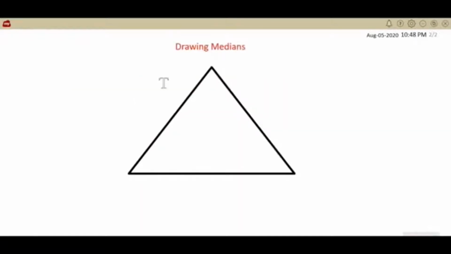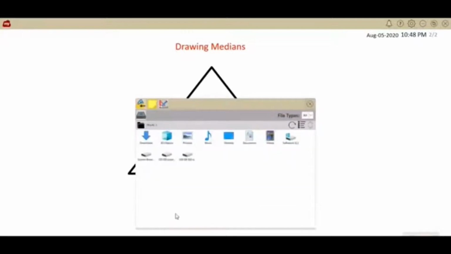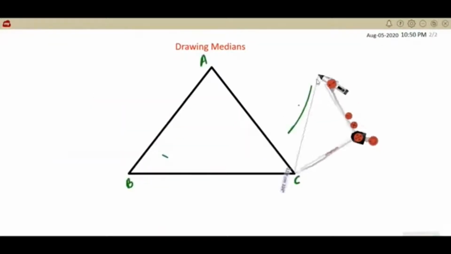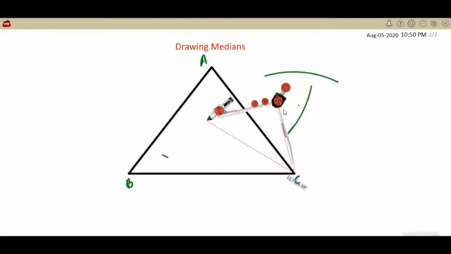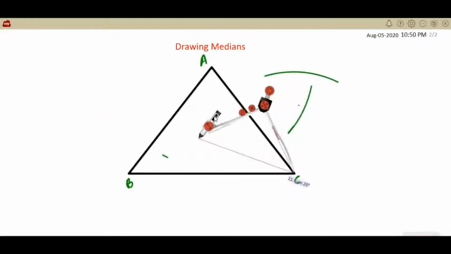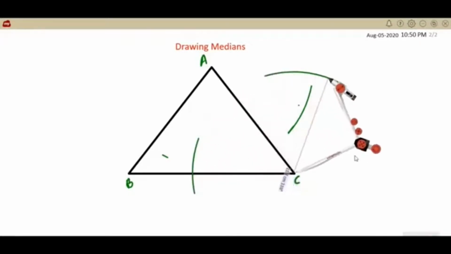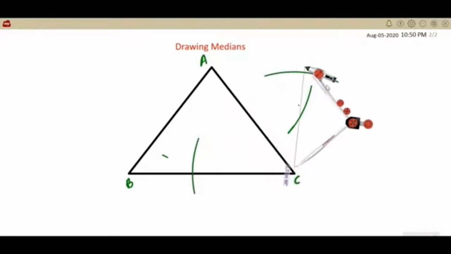Simply taking a convenient triangle, we are going to think about drawing medians to it. A median is the line segment connecting the midpoint of one side of the triangle to the opposite vertex. In order to get the midpoint, there are various ways. One simple and common way is using a compass. With the help of a compass, you can divide the line segment into two equal halves, which means that the line will pass through the midpoint. Median means the midpoint to the opposite vertex. So midpoint is half.